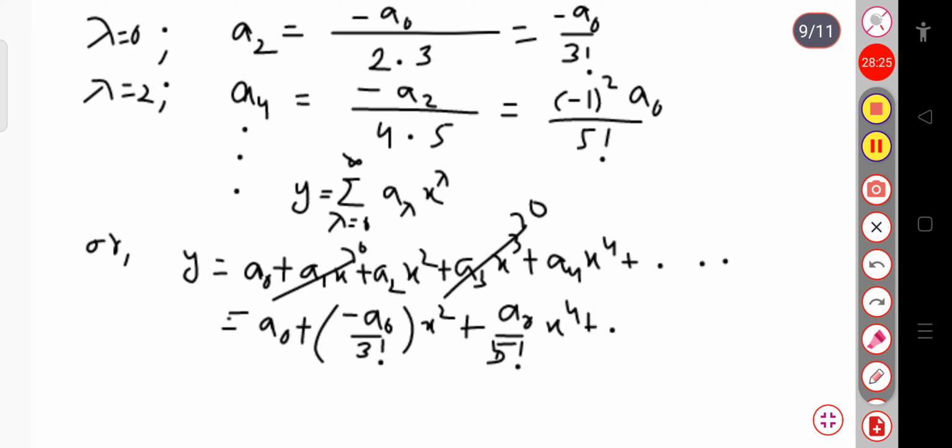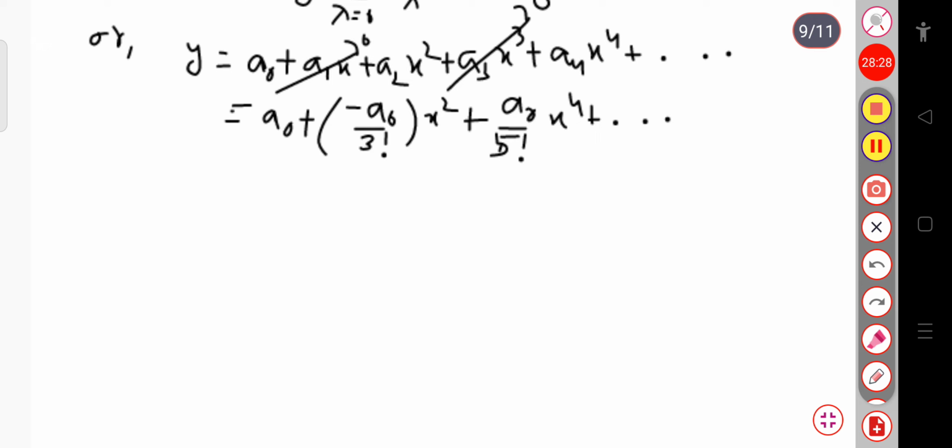And here if I take a0 common, let me directly take common a0 divided by x, so that the first term will be x, because x by x is 1, minus, in the second term I can write x cube, because x cube divided by x will go to x square. So this is x cube divided by 3 factorial, because a0 is taken already common. Now for the third term this will be plus x power 5 divided by 5 factorial and so on.